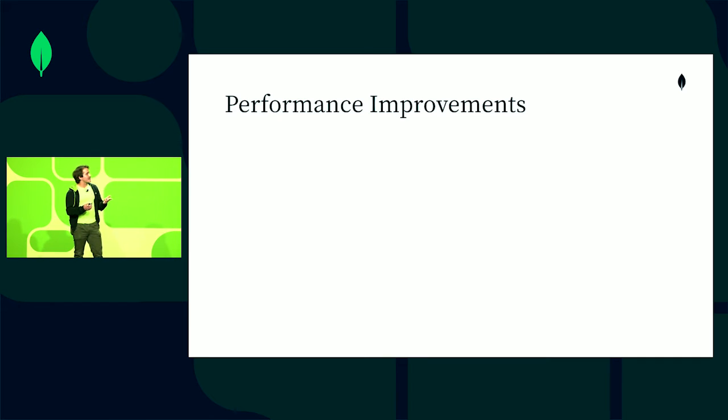Okay, so where have we actually seen performance improvements with SPE? So, show of hands, did everyone here attend the keynote this morning? Okay, some of us. So Sahir may have mentioned that there are going to be some performance improvements in the